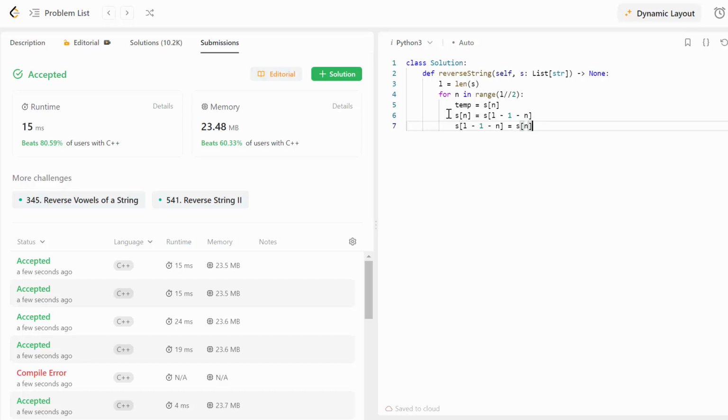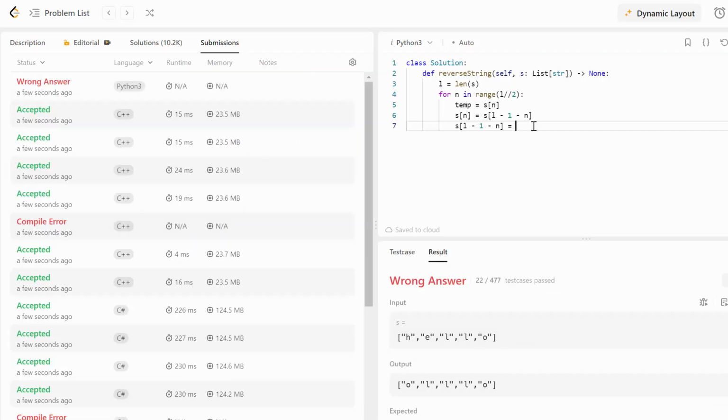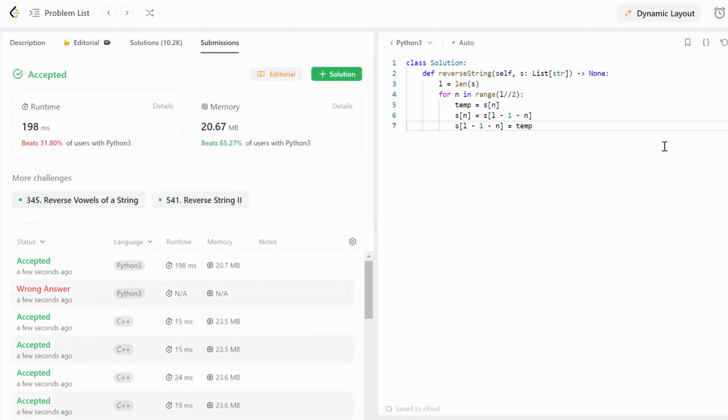Let's check that this solution is working. Let's submit it. Okay, oops, I forgot that I actually need to use temporary variables, sorry. So let's try to do it again. And you can see that now everything's okay, our solution is accepted.